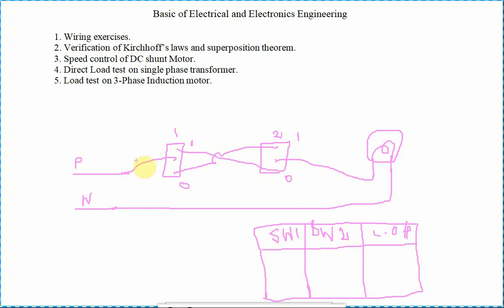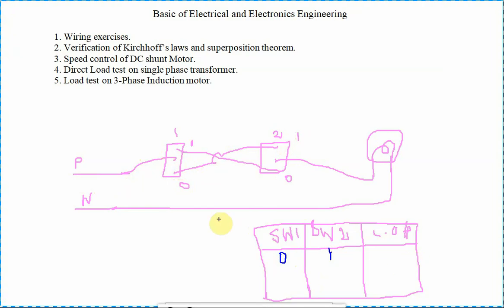Okay, so here it is very important. I will change it on that one. I cannot draw; if I draw, you will get more confused. So without drawing I will tell you. This is switch number 1, this is switch number 2. Switch number 1 is in 0 position. Switch number 2 is in 1 position.